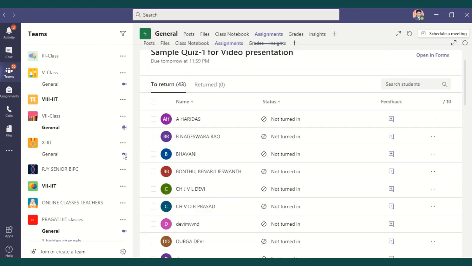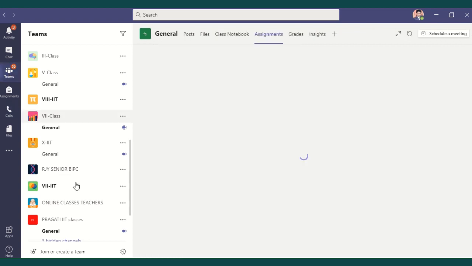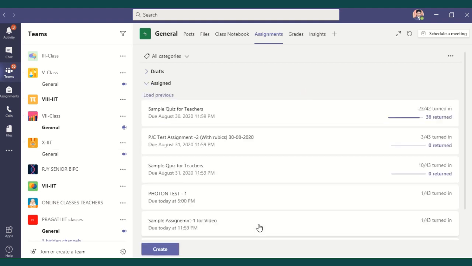So this is about how to create assignments in Microsoft Teams in a quiz model. In the previous video, I explained how to create assignments in the question paper model. This is like a quiz model in which you can give assignments to the students. The students will also feel very interested because they answer their questions online just like an online exam, and the result will also be announced immediately to the student. So this will make students have some interest in the examinations.